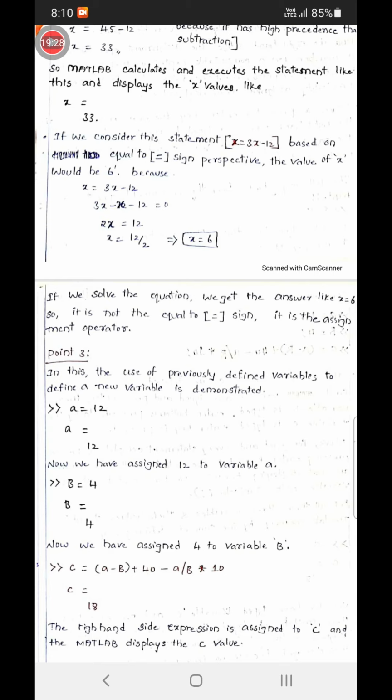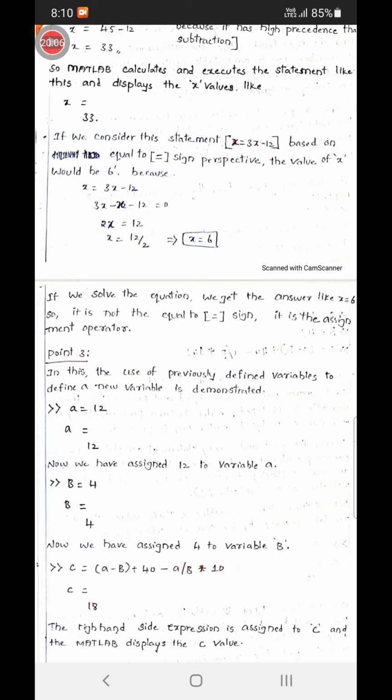a = 12, we have assigned the value 12 to a, and next we are assigning the value 4 to the variable b, and next, what is c here? c = (a - b) + 40 - a / b * 10. What we are doing is using previously assigned variables in the computable expression.